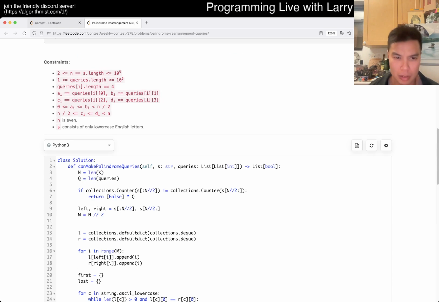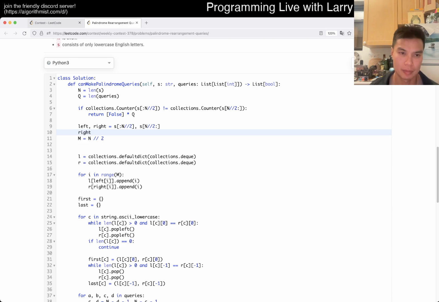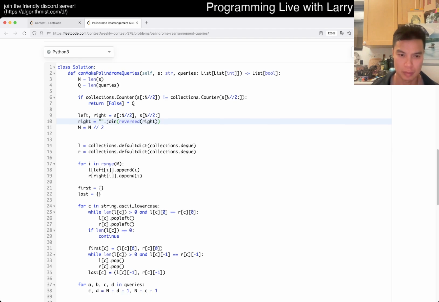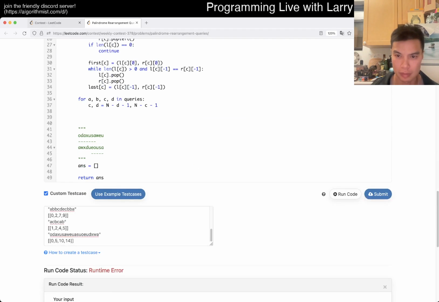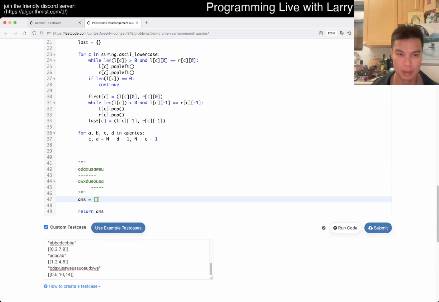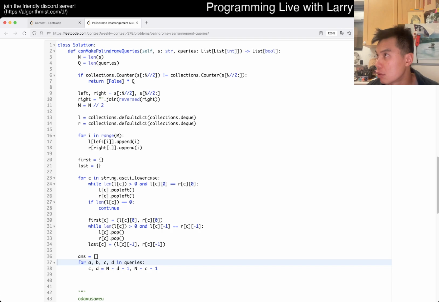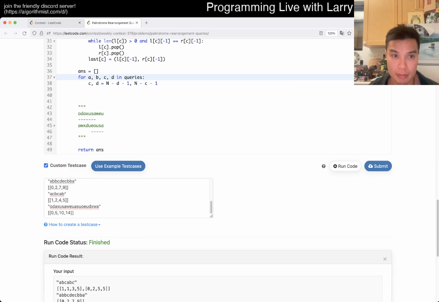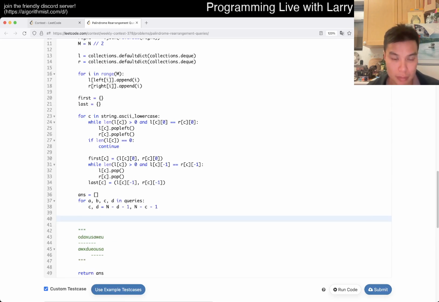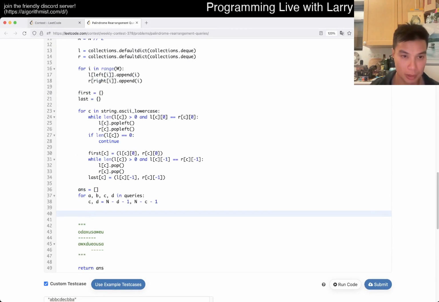This is wrong. I mean, this part is right, but and then basically... And now I don't even know if it's fast enough. But